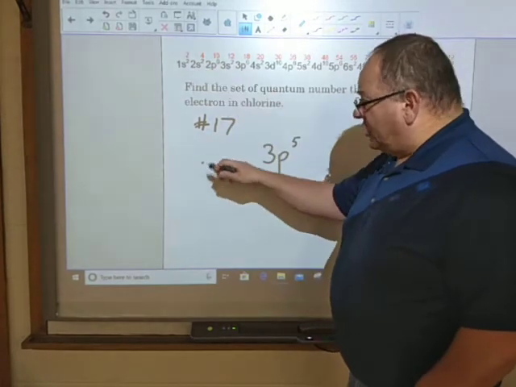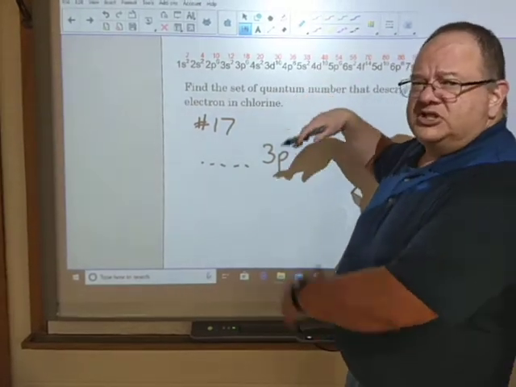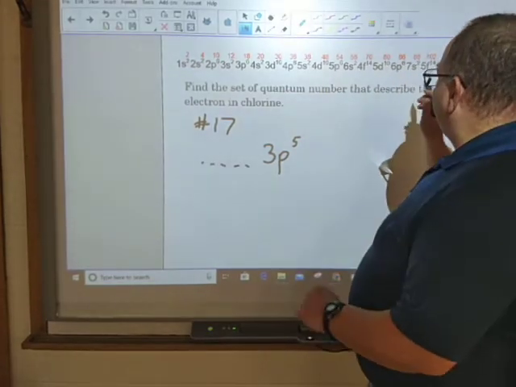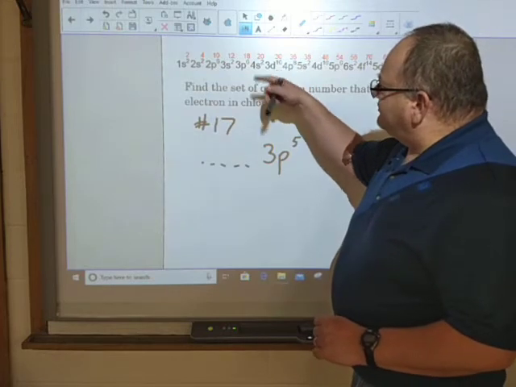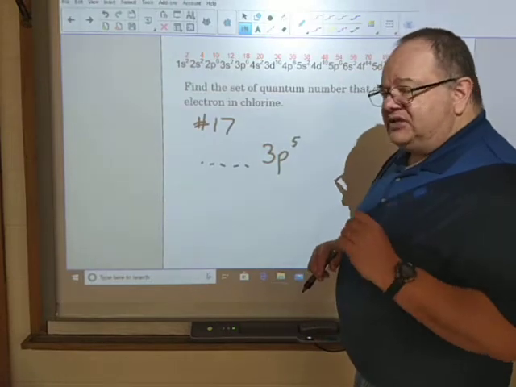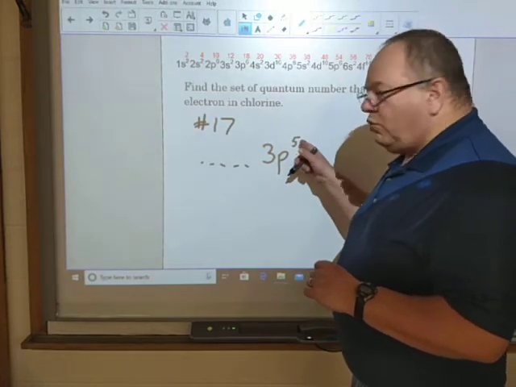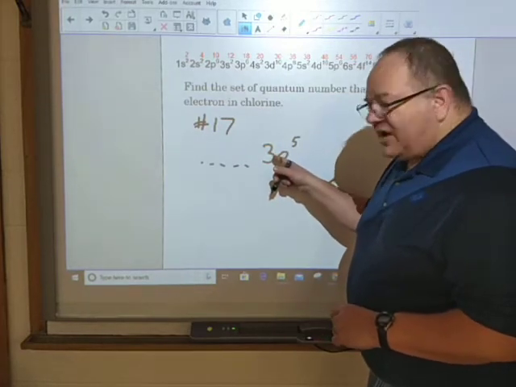Okay, I can figure it out. So I could write that all out if I want, but that's not the purpose of the question. The purpose of this question is not to write an electron configuration. It's trying to figure out the quantum numbers for the last electron. So I want to know the 17th electron in chlorine, and this tells me where that 17th electron went, because that number right there tells us